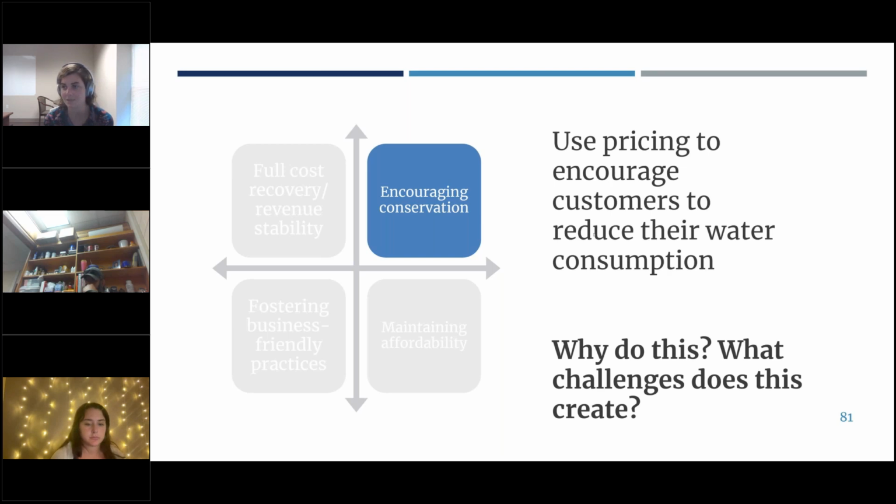Business-friendly practices, right? It's going to be difficult to both encourage conservation and attract big users. Additionally, depending on the nature of your community, you might have a large family, multiple generations living in the same home, and potentially it becomes an affordability issue if they are using quite a bit of water or wastewater, are charged more, but don't necessarily have the ability to pay that. So you can think about how encouraging conservation has trade-offs, I suppose. It could be important for your utility based on your specific needs, but it also plays into some of these other water system objectives.